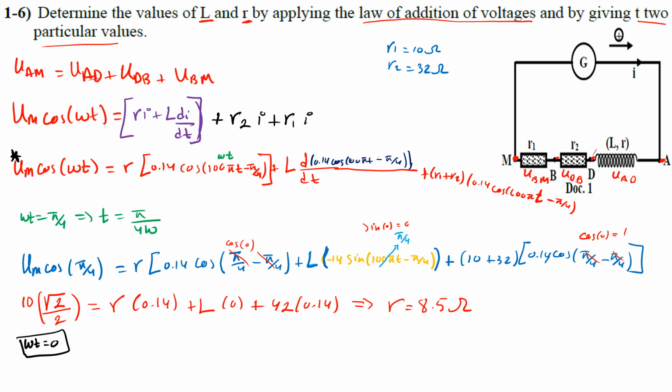So I will have cosine, instead of omega t I put 0, equals R, which we found as 8.5. I'm working on this equation: 8.5 multiplied by 0.14 cosine of 0 minus pi over 4